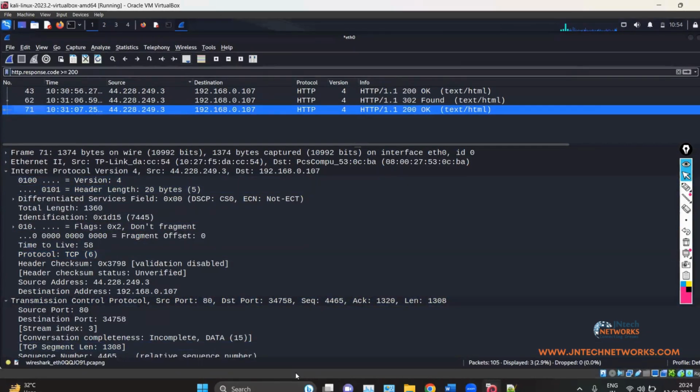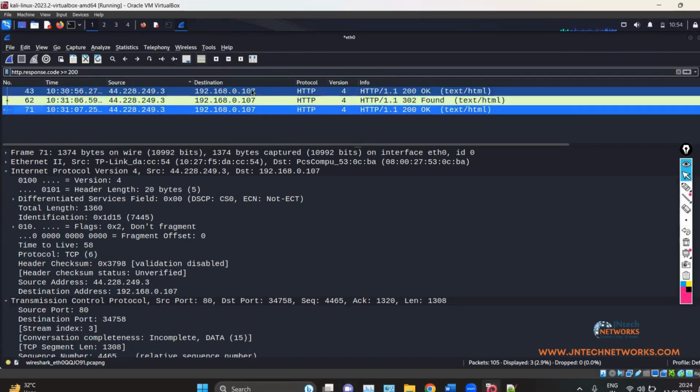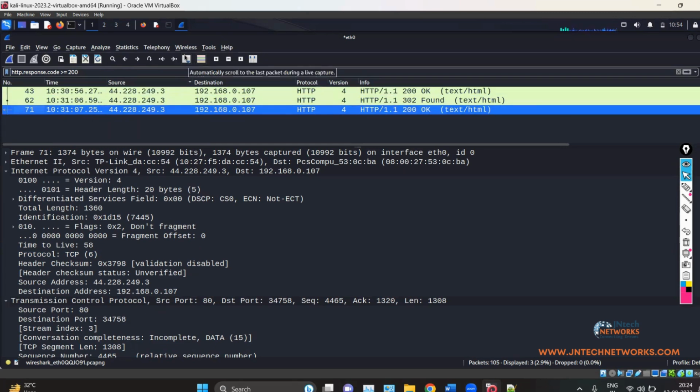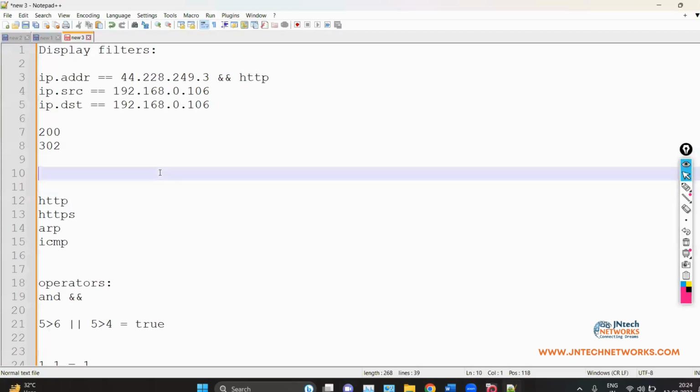Now this Wireshark is running multiple processes, which is multiple threads. For example, Wireshark is using the coloring feature, the auto scroll feature, and some other features while running, because it is a GUI application, right? So Wireshark uses multiple